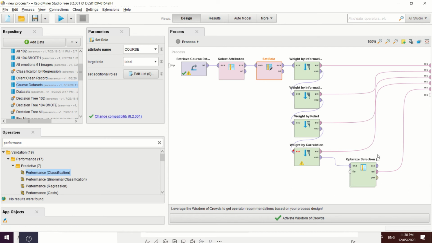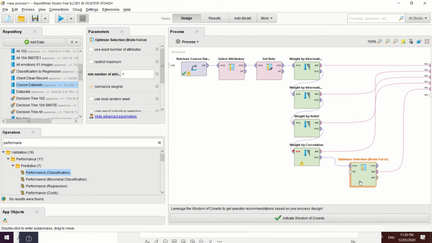And we are also implementing this optimized selection applying the brute force approach. If you're familiar with this brute force approach, then you know how this algorithm works. Okay, then under the sub process of the optimization,